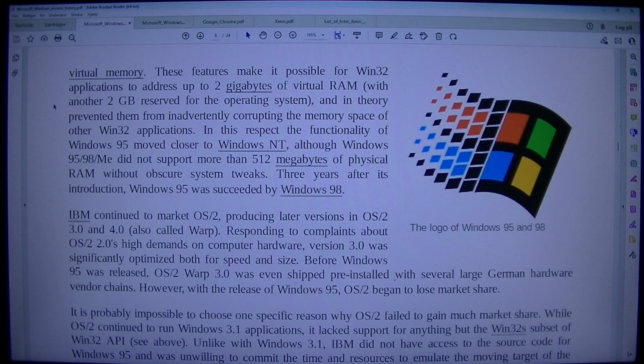3 years after its introduction, Windows 95 was succeeded by Windows 98. IBM continued to market